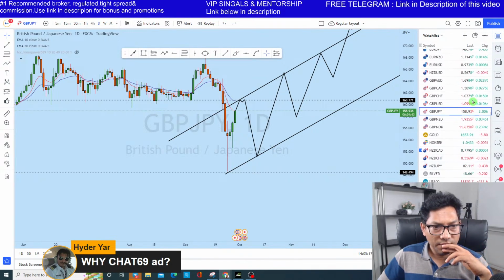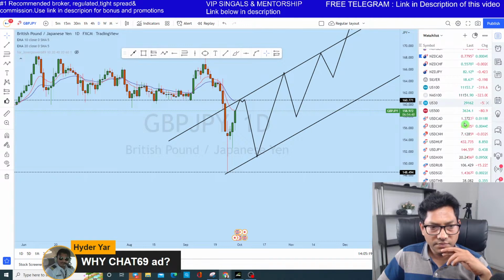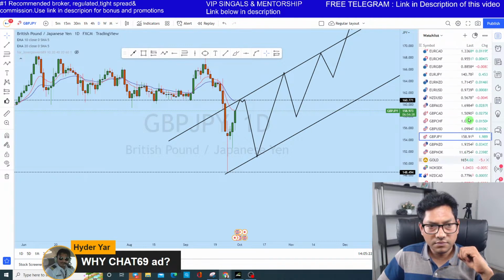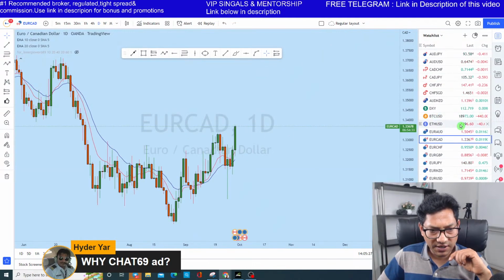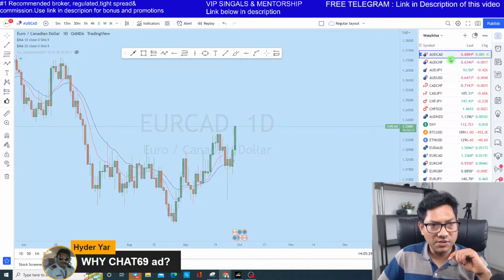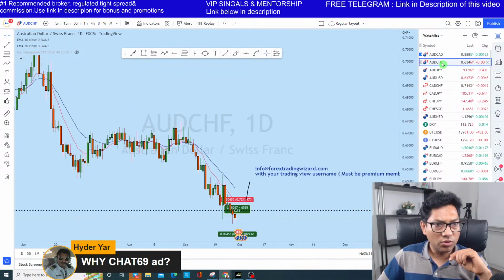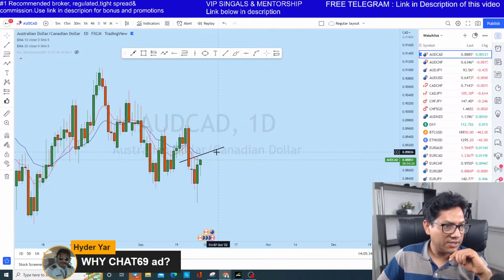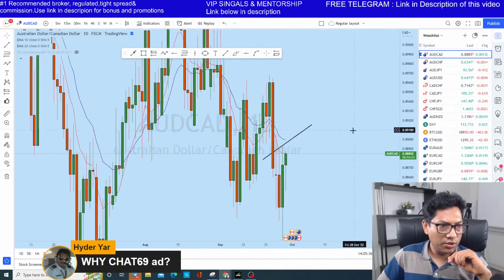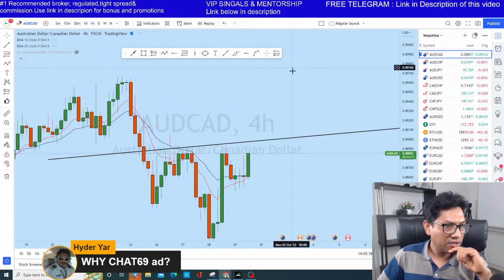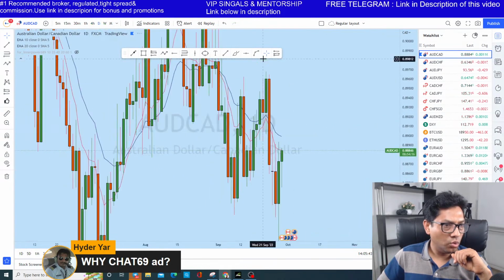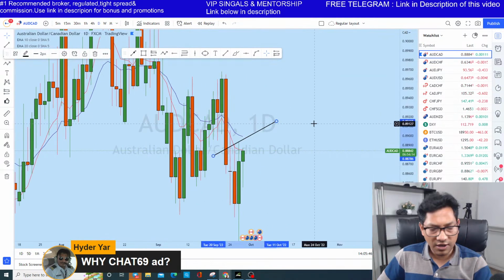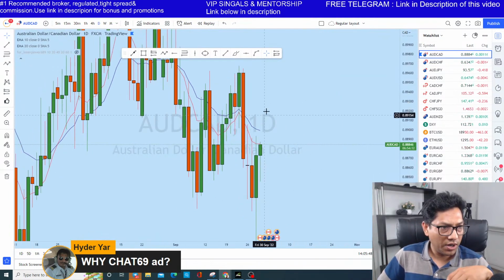So let me look at, okay, we have seen almost time is getting up. As I mentioned earlier, AUD CAD is heading to this daily 20 period moving average, which is expected, and that could be a zone where you could potentially see a rejection. Probably we could see a breakout and then a rejection on AUD CAD.